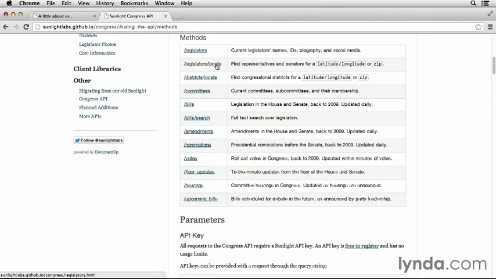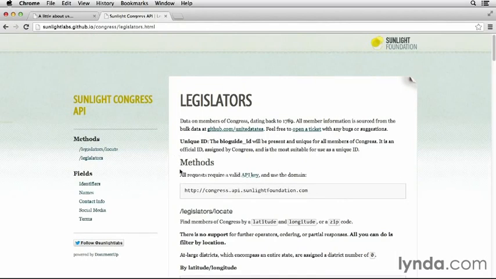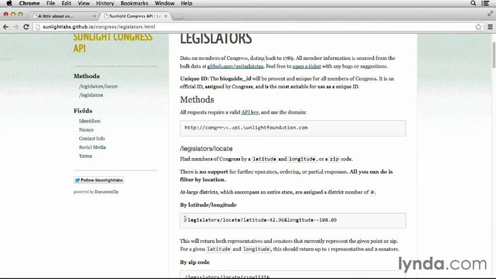And Sunlight has a legislators/locate method, and we can use it to find our reps or our senators by latitude and longitude or zip code. Great. So let's look at that page. So as it says, we need an API key. And then it shows us an example of what a request can look like. We just call this URL